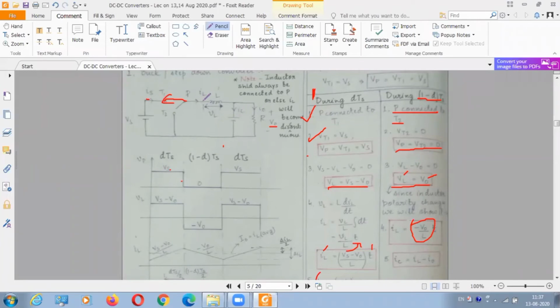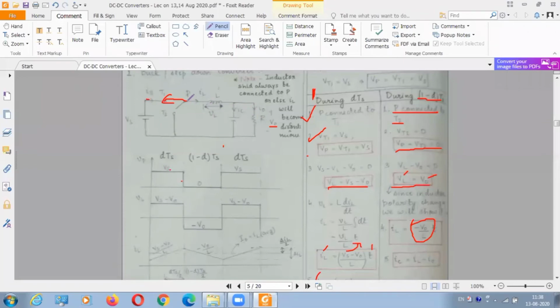IC and IL are fluctuating, so they will have average and RMS values. Perfect DC, which we are considering, is IS and I0. So we have IS and I0 to be the average values of current present in the circuit only. Now, when P is connected to T1, can I say IL and IS are equal? Yes. And even though I0 is also flowing, no problem. I0 is also flowing. So IL has an influence over I0 also, and IL has an influence over IS also.